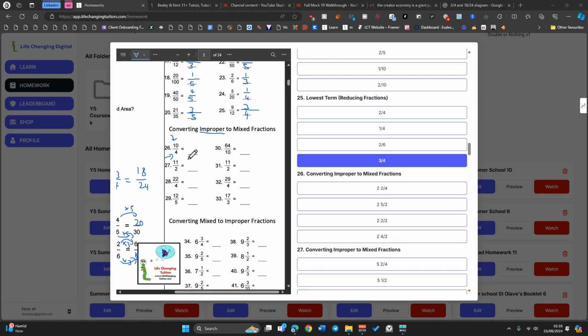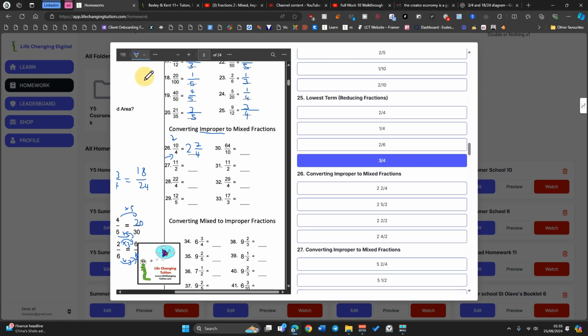But let's look at how we can do it with just numbers and logically, right? What we can do is we can do the bottom. How many times is the bottom number going to the top number? 4 goes into 10 twice, right? So that's going to be our number here, 2. And when you get 4 times 2, you get 8, right? What is left over between 8 and 10? It's 2. So that's going to go here. And then the bottom number will always stay the same. Okay, so